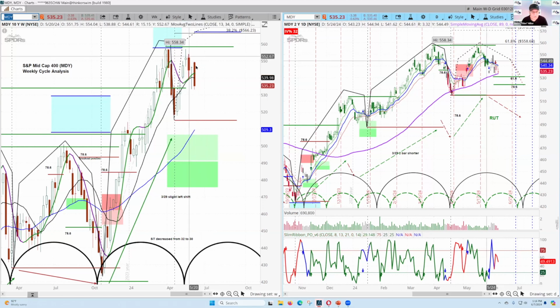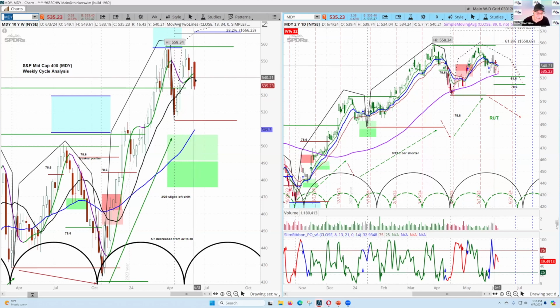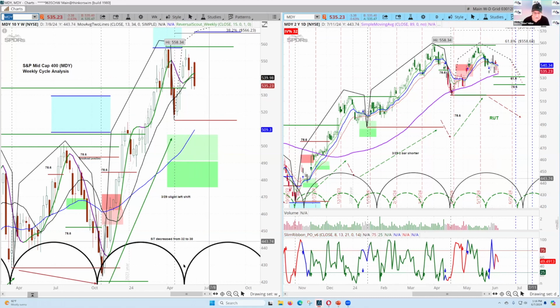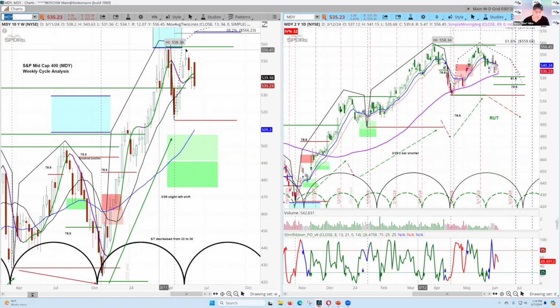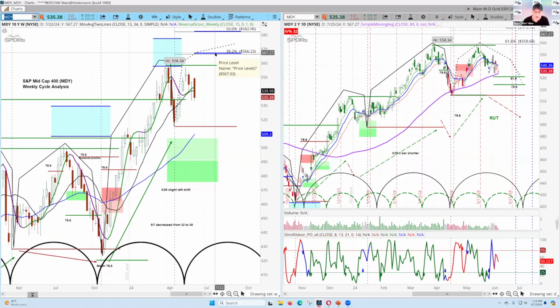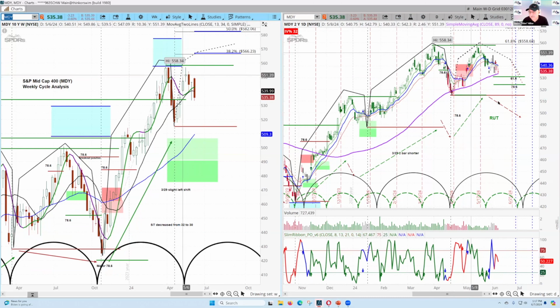And then we have to see what's going on right over here. Momentum in here, as you can see, has now turned negative right there, as the reversal scout has turned down on the weekly chart. And that is a sign that this cycle right over here has made a double top and will not move up into these areas right here. Right now, this is a negative warning. You can see the cycle shapes as RV has in here beautifully. And this one making this double top and then turning down here. There's reason to believe that this is something negative to look at, and that is important.